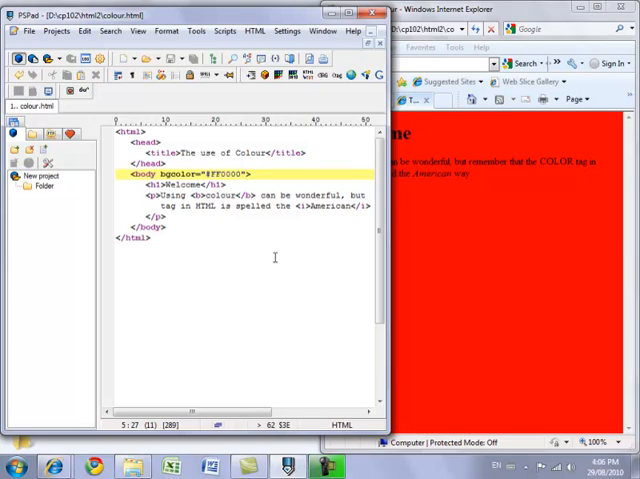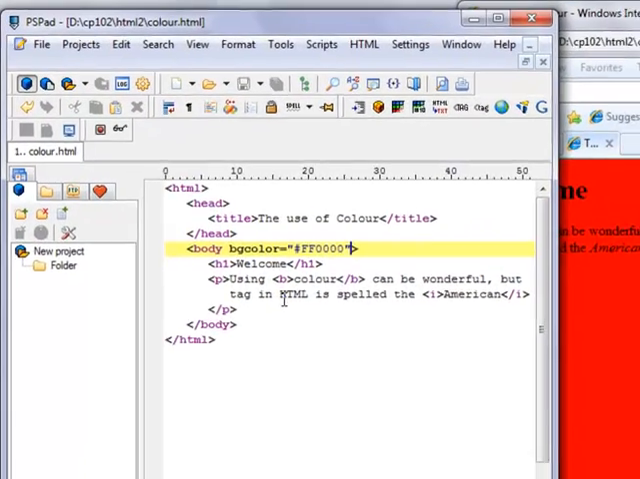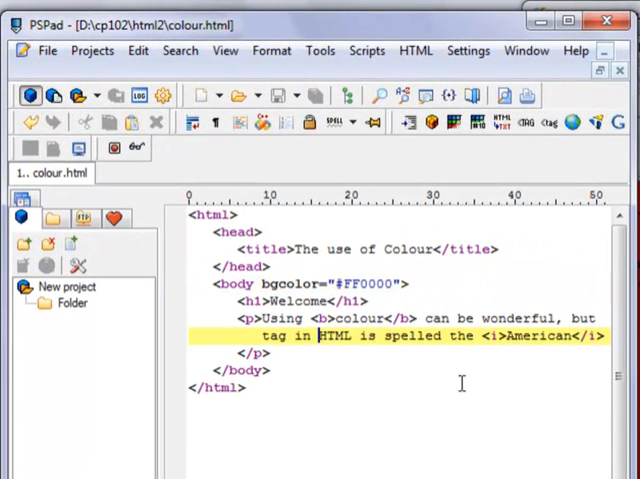Now, I can use a similar tag to change the color of some text. I'm going to show you how to do this in an old version of HTML, which is using the font tag. And you don't typically do this in today's HTML world. You use cascading style sheets, but this is a good introduction to how it's used. So I'm going to use the font tag,